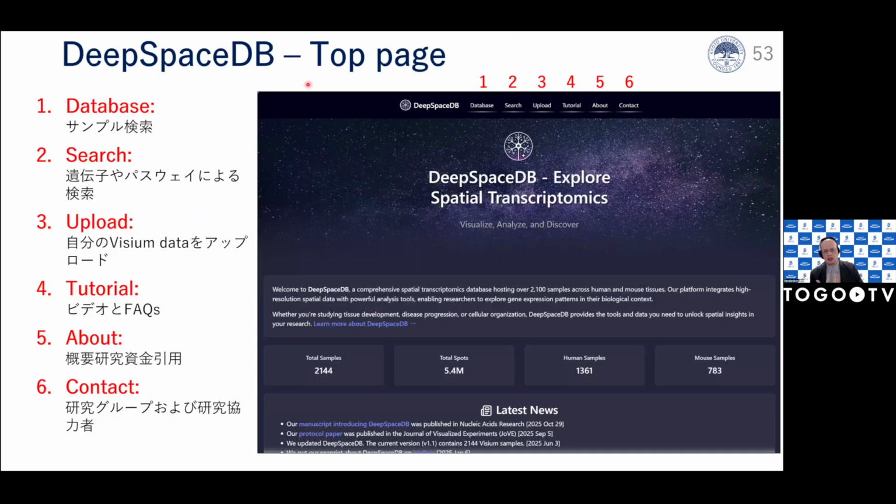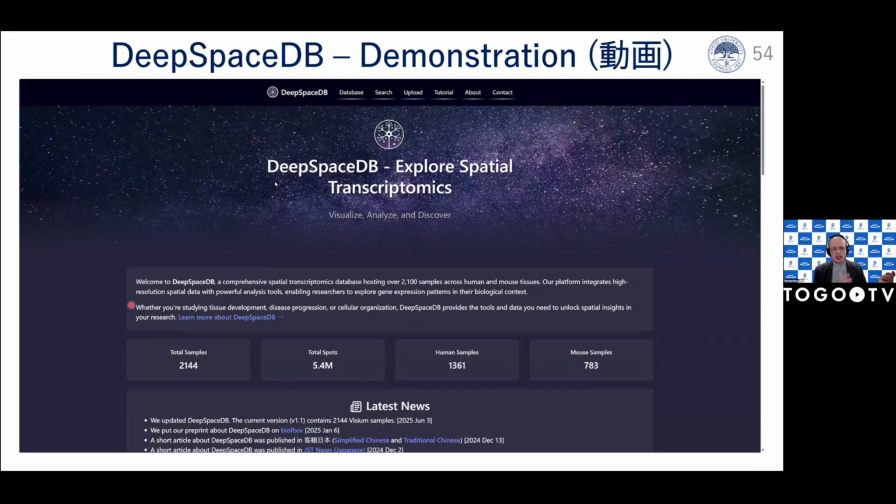So we collected those samples, and then we prepared the database, of course. This is the top page of the database, and it has 6 tabs. One is database, where you can search for a sample of interest. Then search, which I will introduce later, where you can search the whole database with a gene of interest. Then upload, where you can upload your own Visium sample and analyze it on our website. And then there's a tutorial, about, and contact. I want to introduce several of those things in some detail, but first I want to show a video